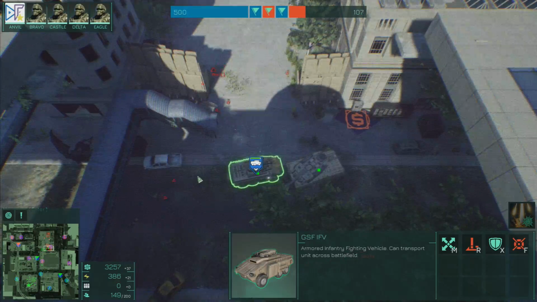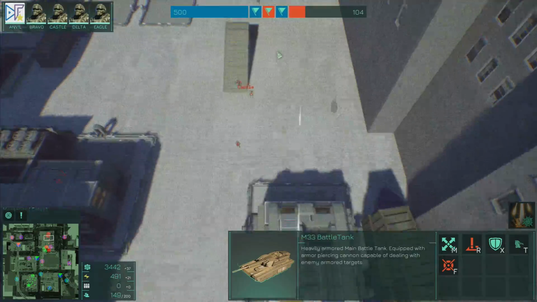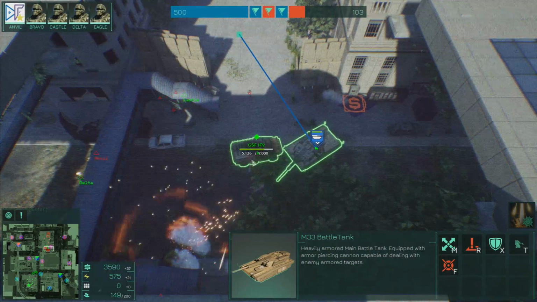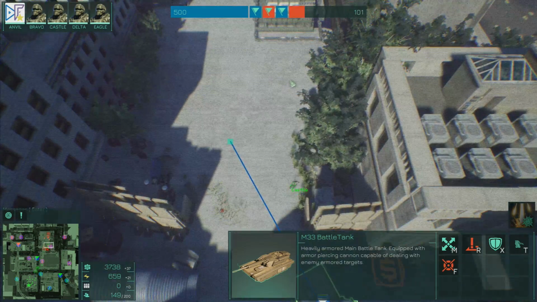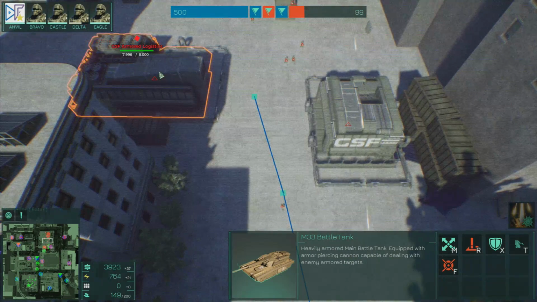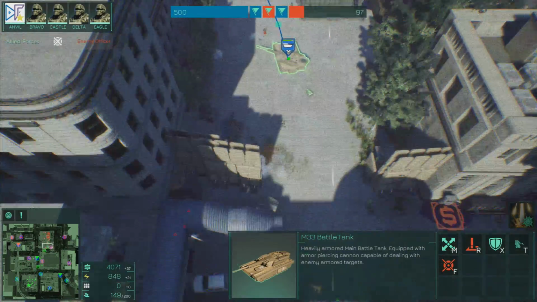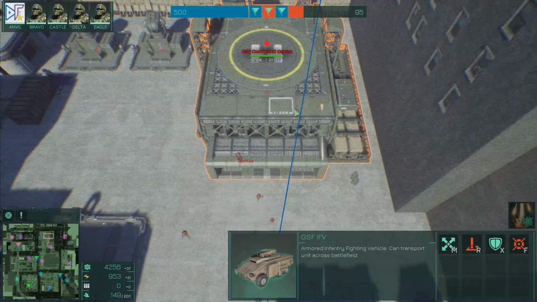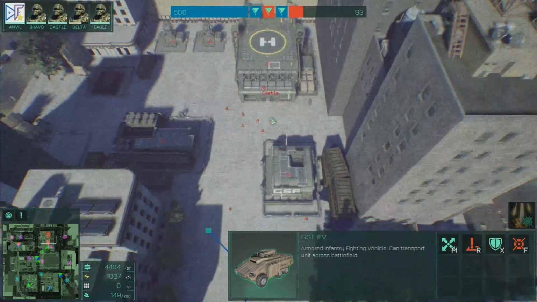IFV ready to go. Reporting in, Commander. Smash some hostiles. There's their armor logistics that they wanted, I guess. Rolling in. See, I feel like if you defeat the command center itself, then you obviously win the game right away, but